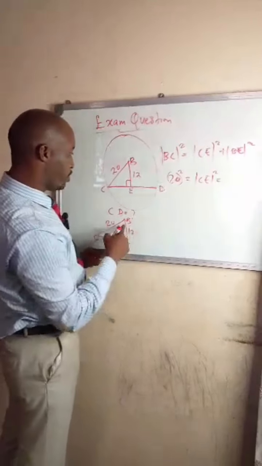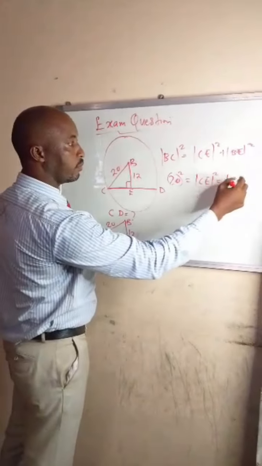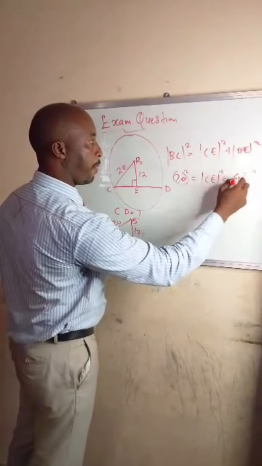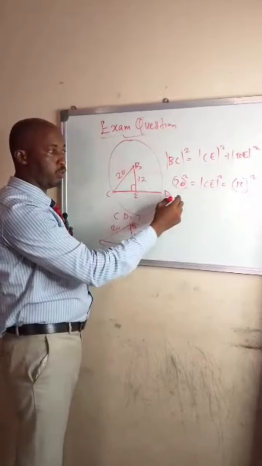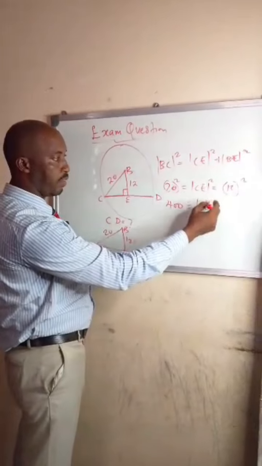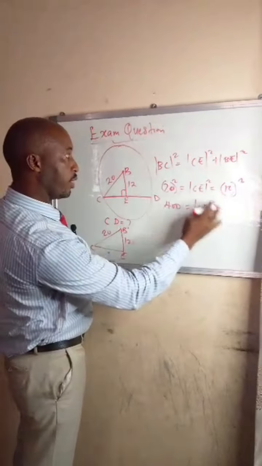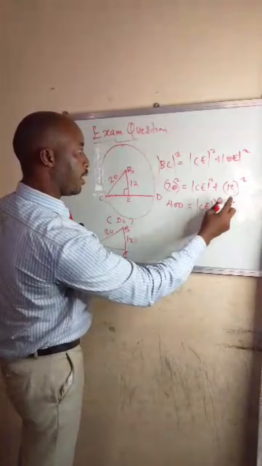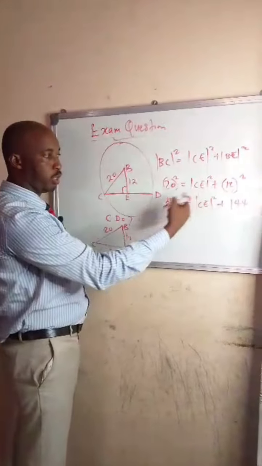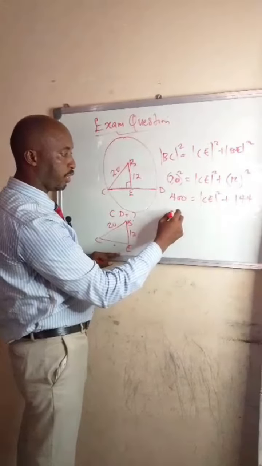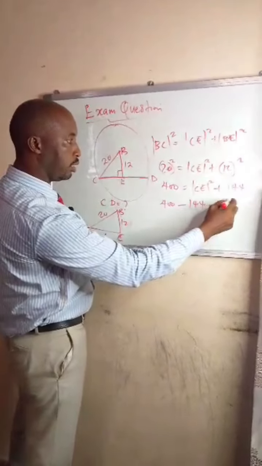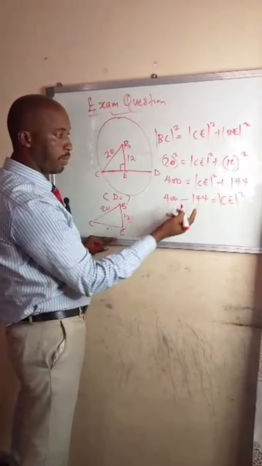CE plus BE is what? BE is 12. Then we have it this way, 12 square. Now 20 raised to the power of 2 is nothing but 400, equals CE square, here is an unknown, it doesn't have any value here, plus 12 raised to the power of 2, which is 144. Now since we are looking for this person, what do we do? This person will now come here. We have 400 minus 144 equals CE square. Therefore 400 minus 144 will give us